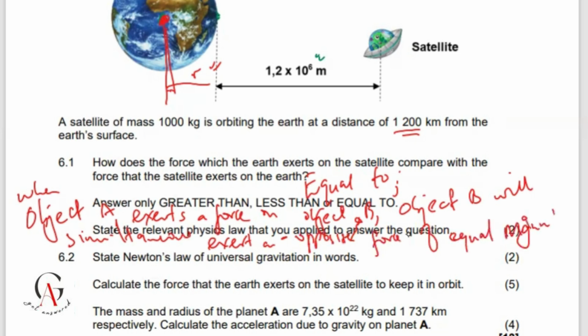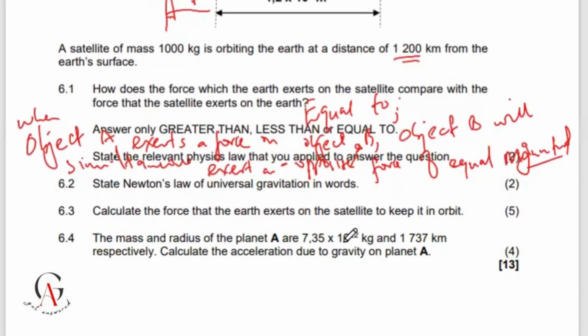Okay, or you can tell us of equal size. Then state Newton's law of universal gravitation. Okay, so Newton's law of universal gravitation simply tells us that each body in the universe will attract every other body